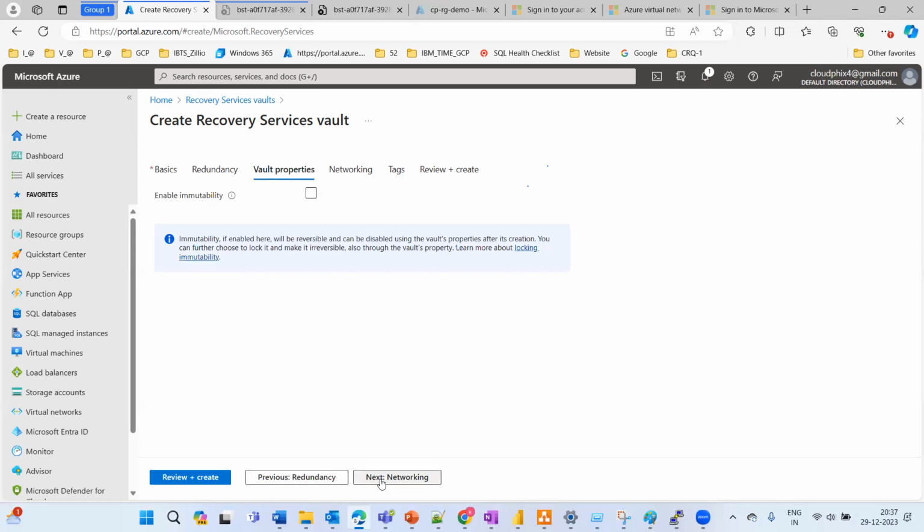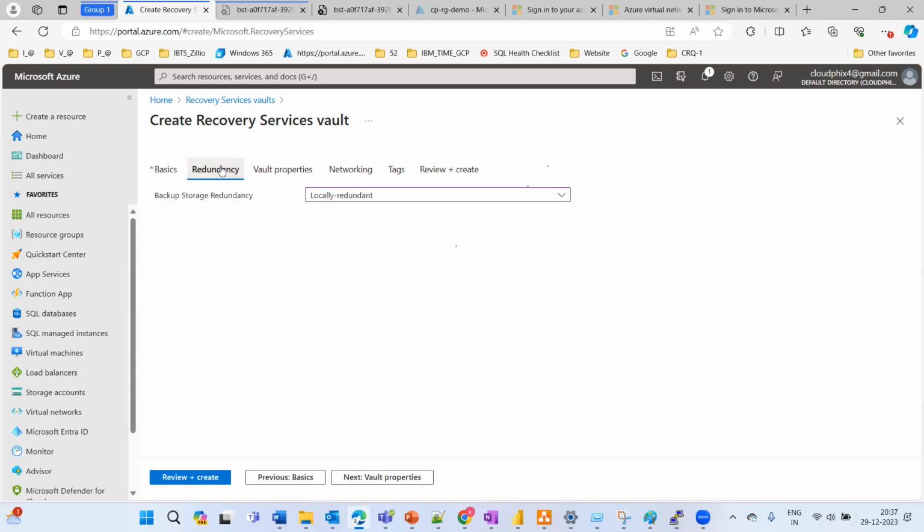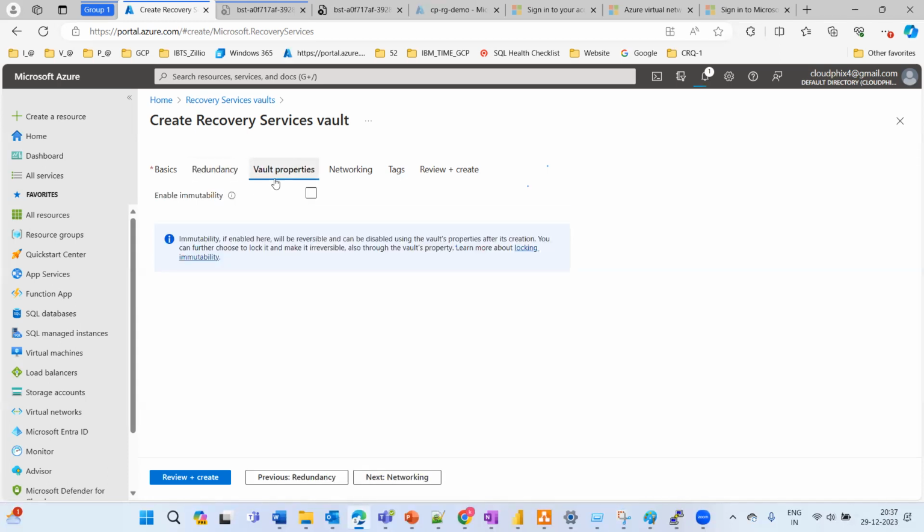Just go for the next, vault properties here. In which region did you create the VM, right? For geo, yeah, that is actually in the Chennai region only. Okay, so vault properties. So geo would be taking more cost, right? Yes, it is going to take more. Okay, so what about the vault properties enabling,